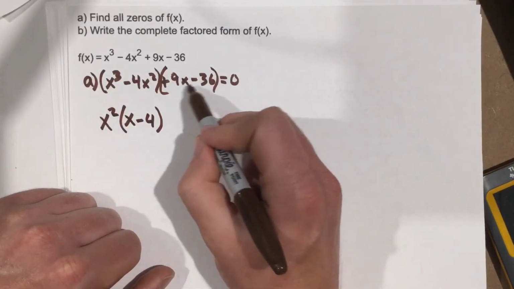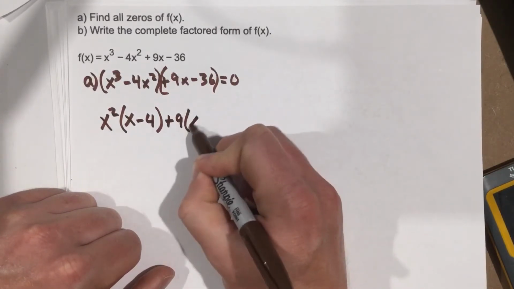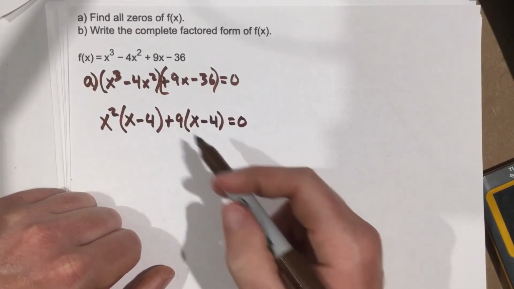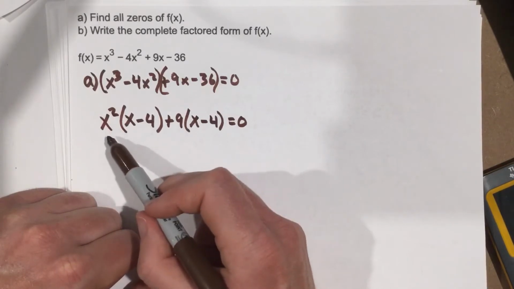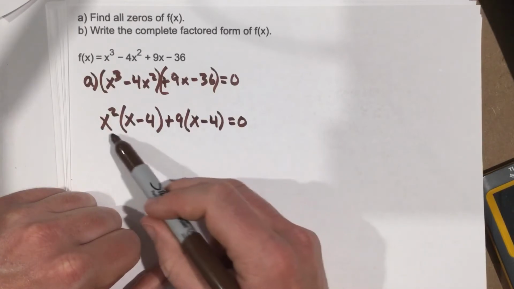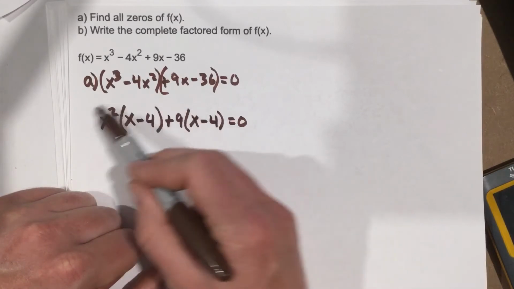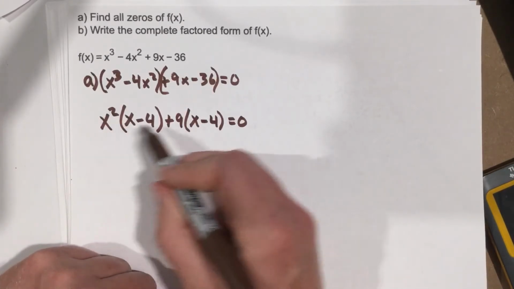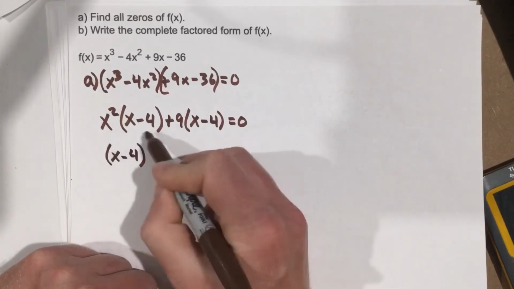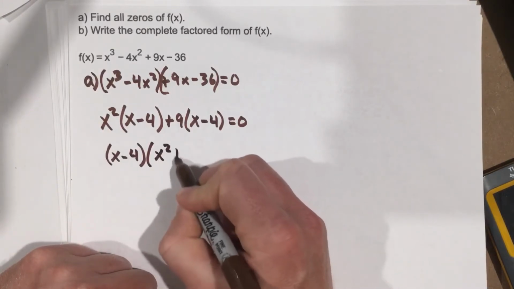And I'm going to factor a 9 out of this one. So I'm going to have plus 9, and that's x minus 4, which is left there. Notice that I have now 2 terms. This term is combined with multiplication. This term is combined with multiplication. And in these 2 terms, I have x minus 4 in both. So I can factor out x minus 4, and what's left is x squared plus 9. So I end up with x minus 4 when I factor it out of this term and this term, and what's left over would be x squared plus 9